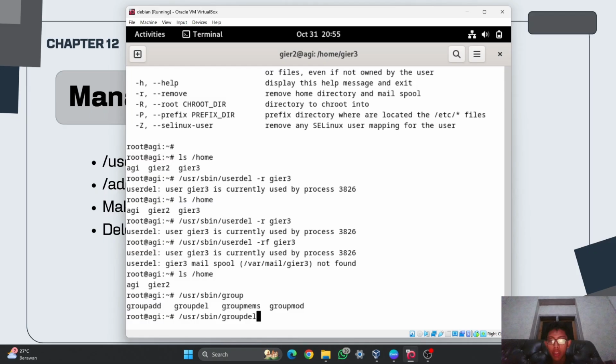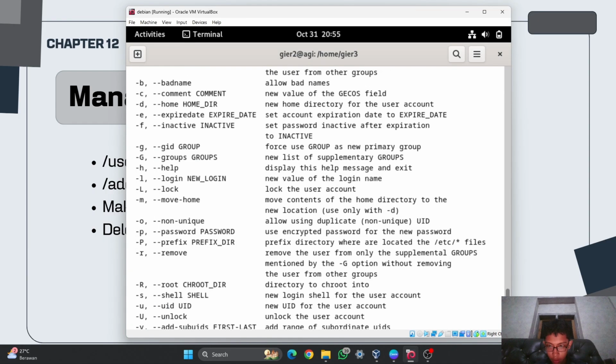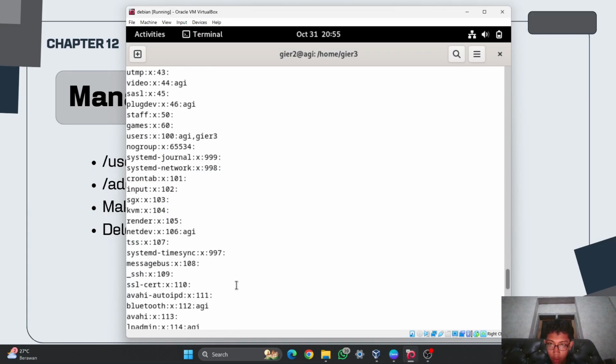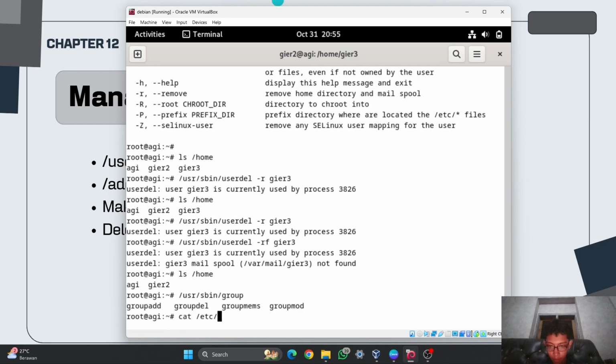Wait, before I delete it, I will check first using, wait, I forget how to check it. Cat and then /etc/, wait guys, I forget what the command is. Let's check the group.